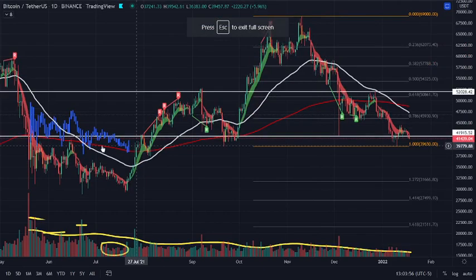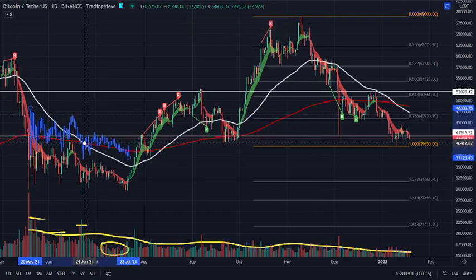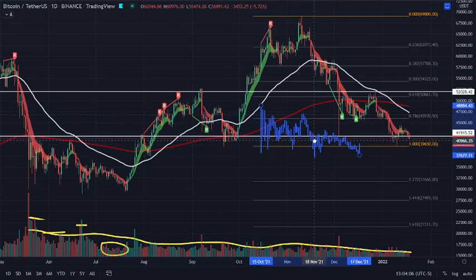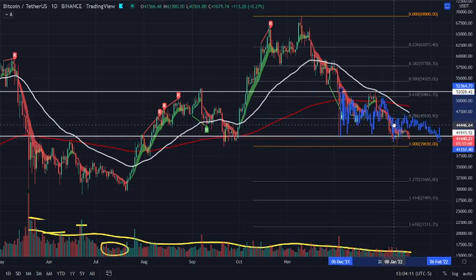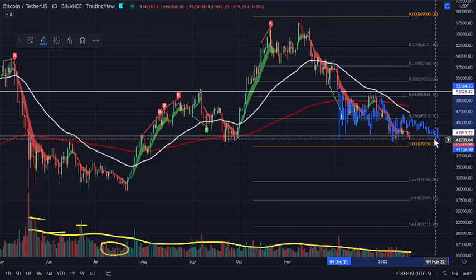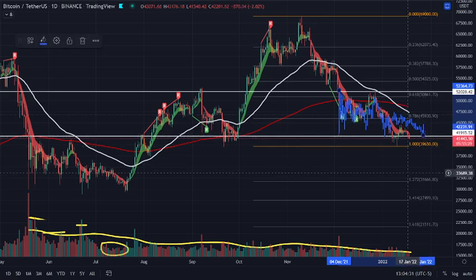Something else that's very similar is not only the things that I've shown you, the selling climax, the automatic rally, but look at the fractal. The fractal is very similar. If you take the price action and overlay it to where we are now, it's very, very similar. The time frame is a little bit different, but you can take the fractal and overlay it, and you can see that it's very similar. The only thing that's missing is